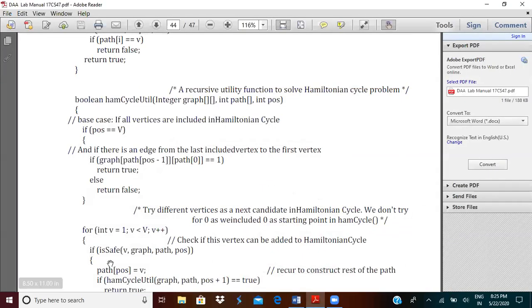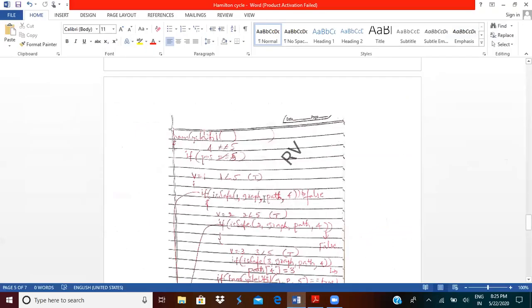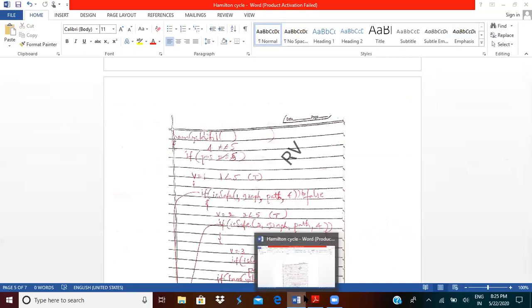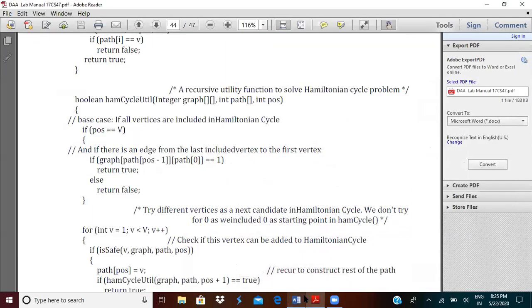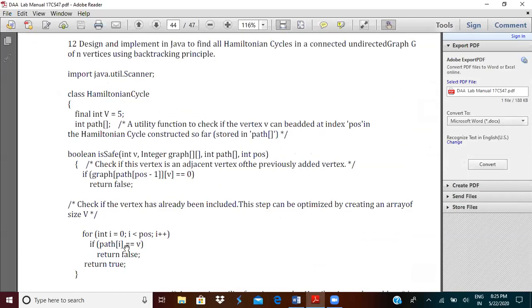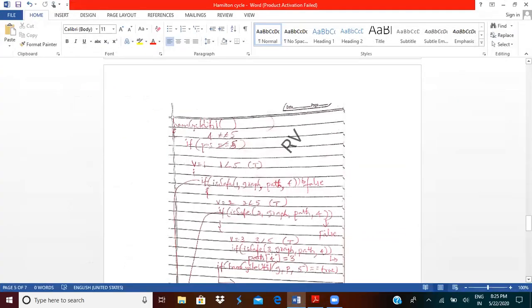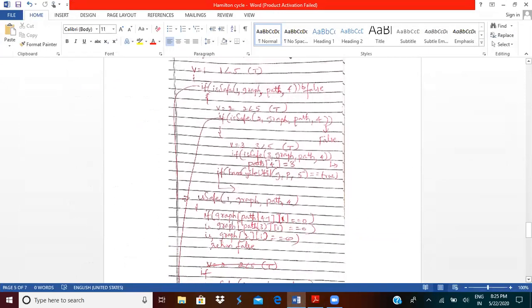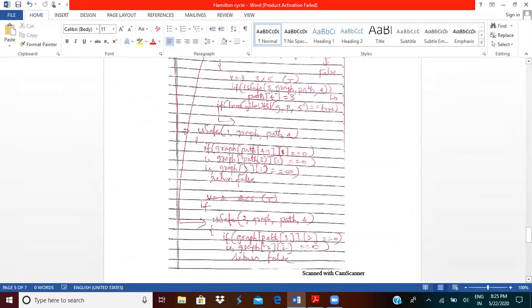When the condition is true, what should I do? I should execute this if safe block. If safe, v value is 1, graph, path, 4. So if I execute the is safe method here, ultimately it would return false.